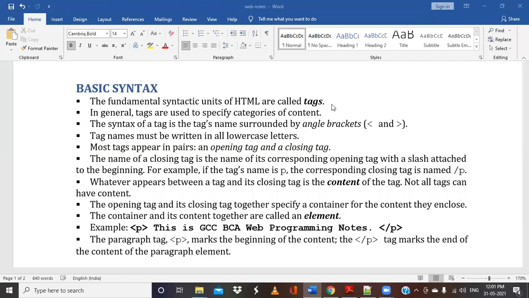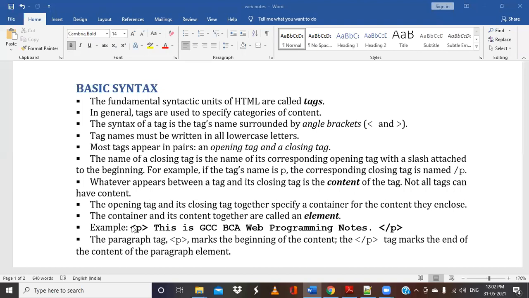We had started our discussion with HTML and XHTML, and we have understood the differences between them. We know that XHTML is very standardized, and when we are using XHTML, we need to follow some rules and regulations very strictly. We have discussed the meaning of tags, how we start and enclose the tags, what a container is, what content is, and what an element is.